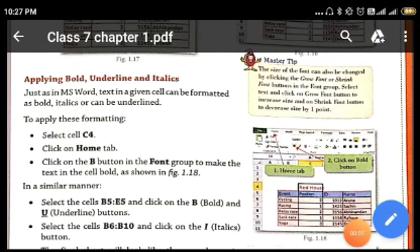Hello everyone. Students, in the previous video we discussed how to fill color in your cells in MS Excel and how to change different font properties like font face, font size and font color in the text which is filled in your cells. Now, in the next topic we are going to study